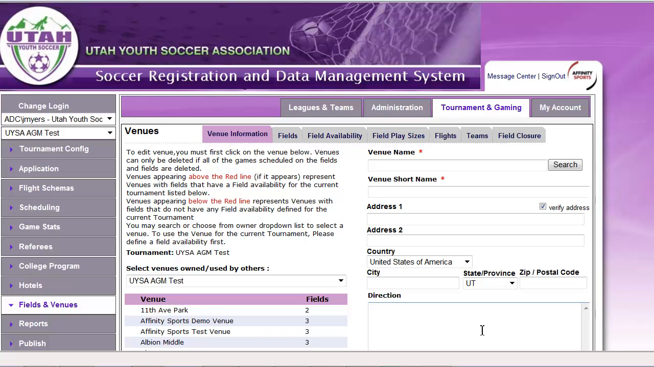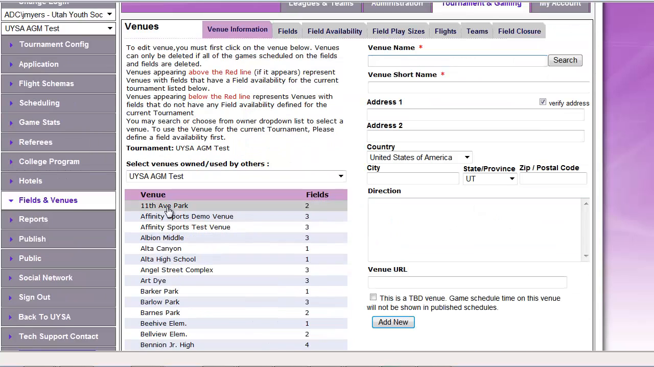Setting up field availability records for all teams in an age group playing on the same fields. In the left-hand navigation, if you click on Fields and Venues and then Venue Information, you can either search for a venue or click on a field at a venue. So I can search for Affinity Sports,